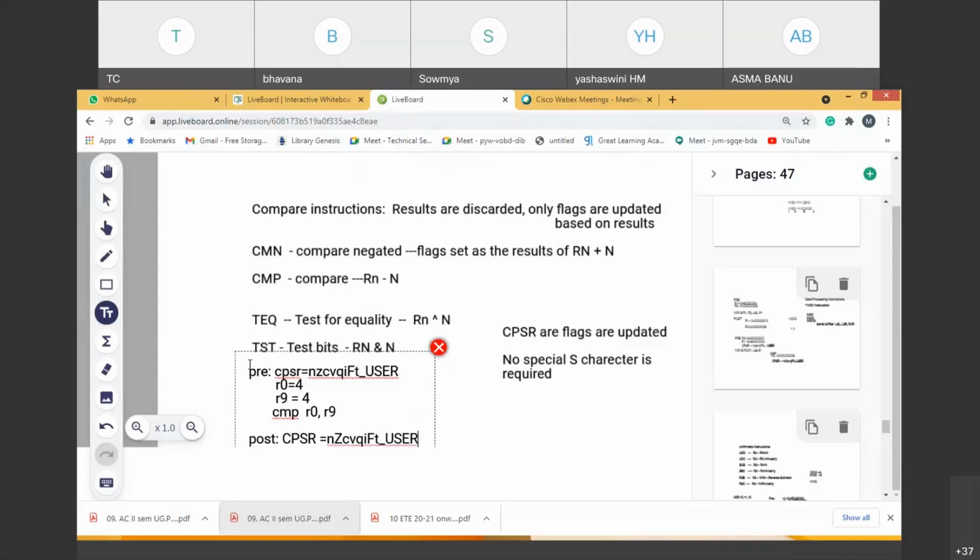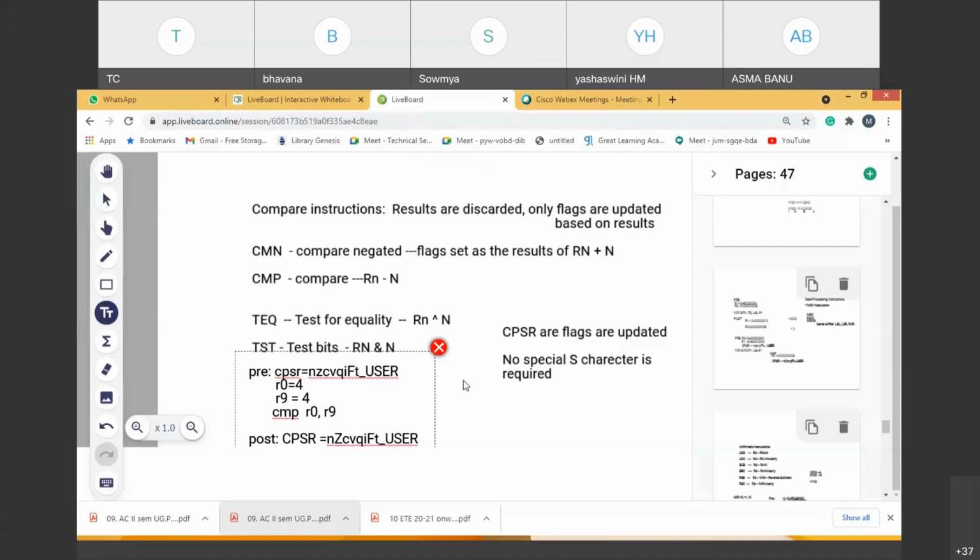Try to check the same with TEQ. TEQ is an XOR operation. TST, test bits, is just an AND operation. It is the ANDS operation only, same as the AND operation. XOR operation, AND operation, and the flags are updated. So basically, these compare instructions help us to either clear the contents or update the flags. In such a situation, we'll use, for example, TEQ R0, R0. If I use it, it is nothing but clearing the contents of register R0 and updating the zero flag. So equality also checks the zero flag. That's how to check for all the instructions.